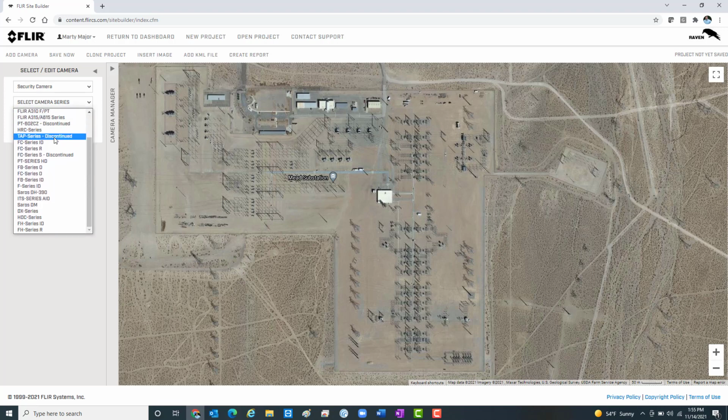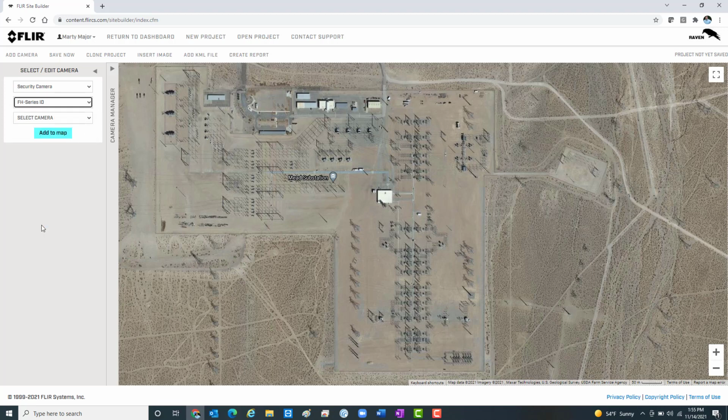Well, you can see all of the series that are in here we could choose. Let's come down here and choose that new FH Series ID camera. Now, once I do choose the camera model itself, I do want to come down here and talk about the type of camera, right? This is for a perimeter, so maybe I want to choose this one right here. Now, as soon as I click on Add to the Map, you'll see it pop up right there,